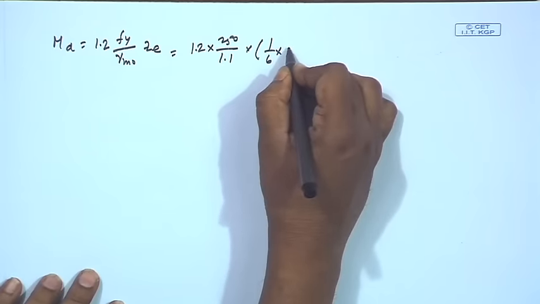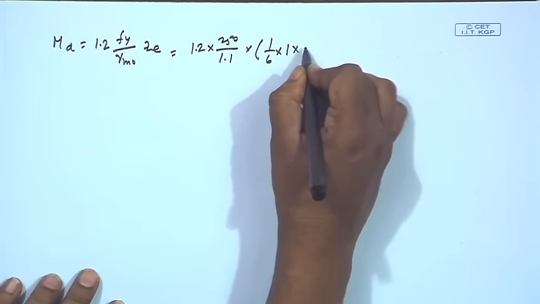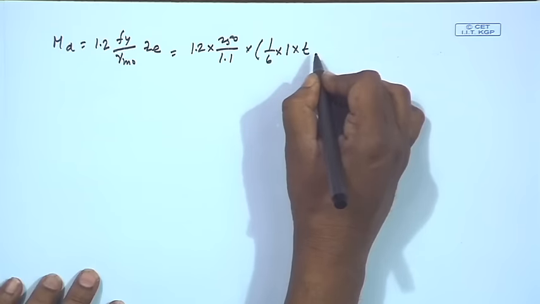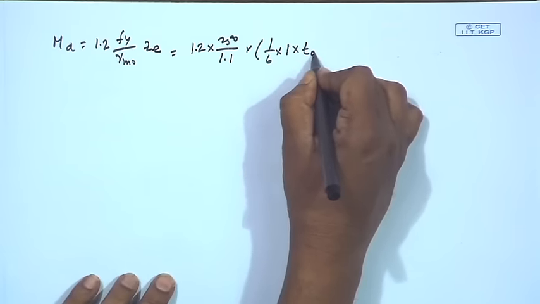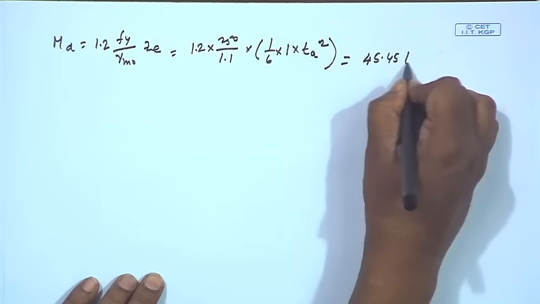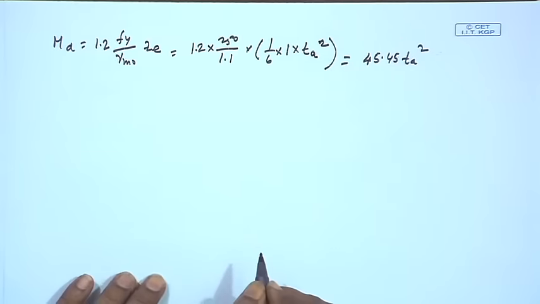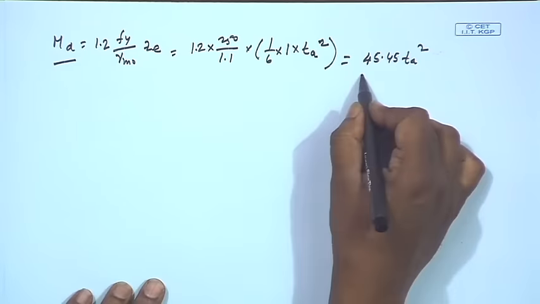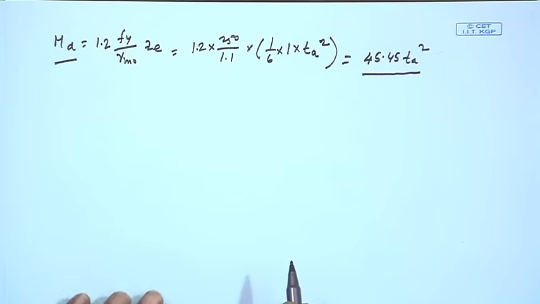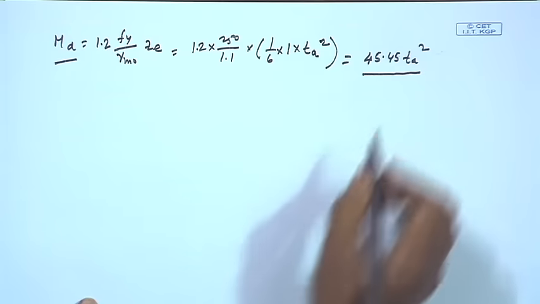So, b is 1 and t is the thickness of the base plate and angle. So, the total thickness is T A, the aggregate thickness. So, T square, this is coming 45.45 T square. So, the design bending strength of the section in terms of its aggregate thickness is 45.45 T square Newton millimeter,